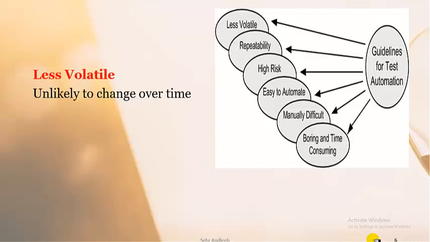There is another scenario: if a test case is going to change over time, and after a certain time you need to modify it, obviously that should not be automated, because if it is automated, we have to make efforts to modify the test cases, right? So if it is going to change over time, then you may use manual test cases for that specific time. But if it is not going to change over time and it is less volatile, then obviously you should prefer the automated test case.